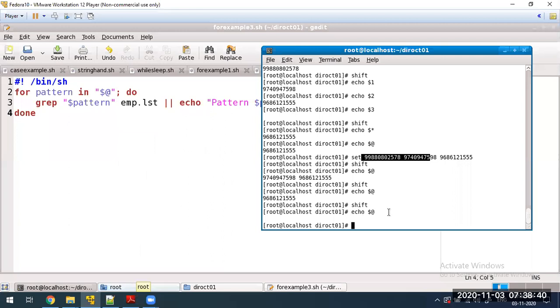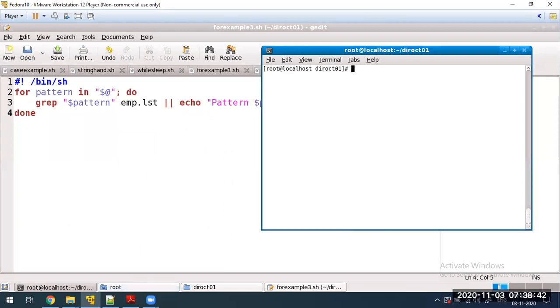See here: Ctrl+L, set, within the backquotes I'll write ls -l and a file name, stringhand.sh. This is a command I have written. Even though ls -l stringhand.sh is a valid command, it is giving you an invalid option.